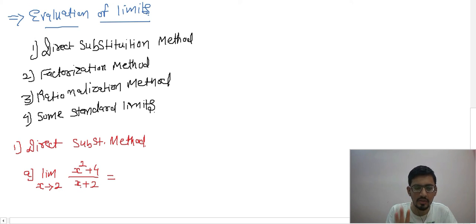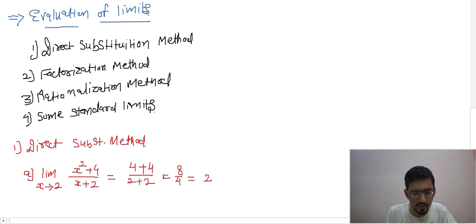But now you have to understand, x is approaching 2. Whether it is equal to 2 or not, that is not our concern for now. But you can understand, if I want to find the limit of this function, if I keep 2 and the denominator is coming non-zero, that means your direct substitution method will work. Put the 2 here: 2 squared will be 4, plus 4, as it is here also 2 plus 2. The answer I will get here is 8 over 4, the answer will be 2.